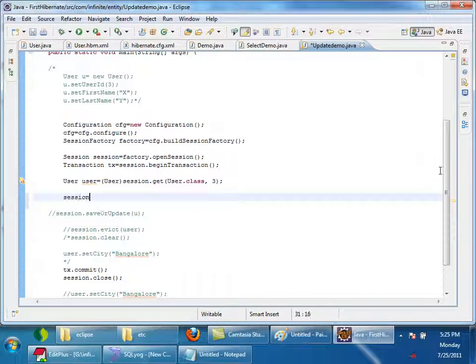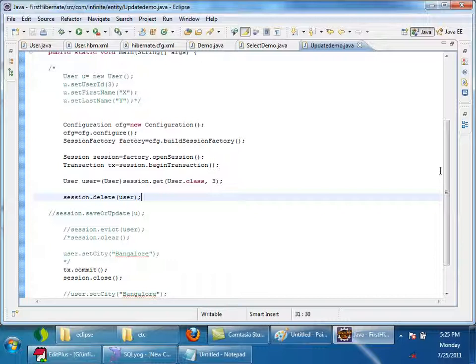Now I want to delete it, simply session.delete(user). This will result in a delete query. After this line, it will remove that user object from the session, right? But after this line, is the delete query fired immediately?